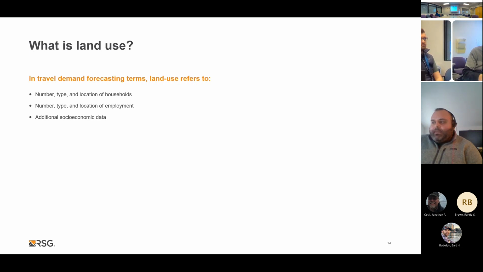And land use means many things to many different people. Some of those meanings can include zonal demographics, regional forecasts, the relationships of site design and travel behavior, relationships of regional characteristics such as job housing balance and population density, smart growth concepts, and sustainable development or livability or resilience concepts too. And there are different ways to sensitize the model to these things too, and we'll talk later about work that we did to help increase those sensitivities in this update.